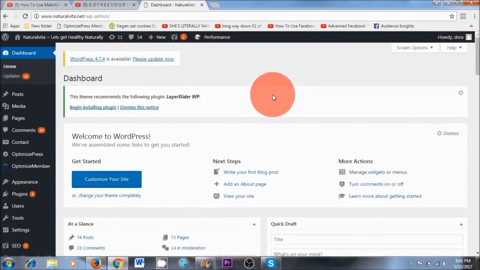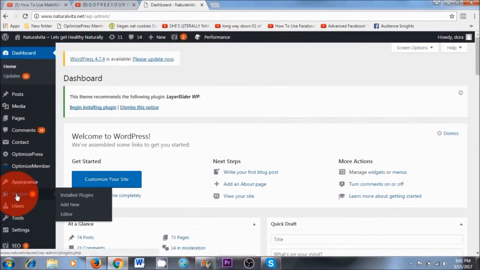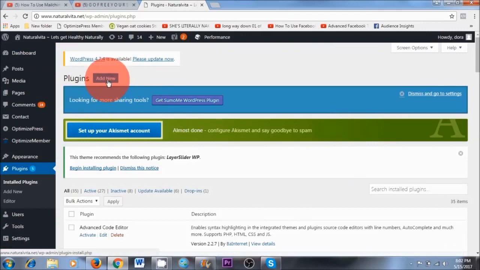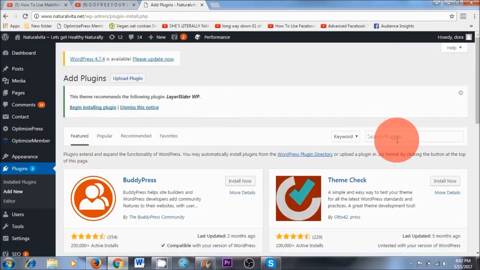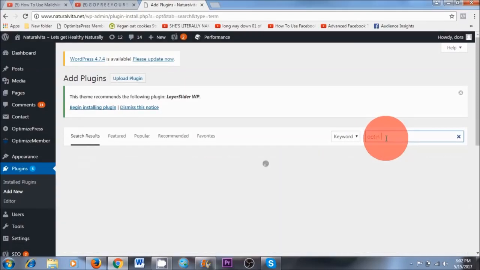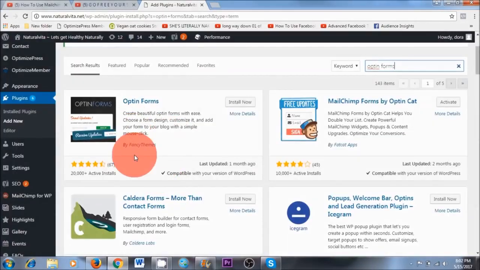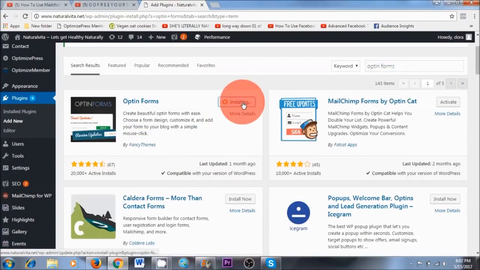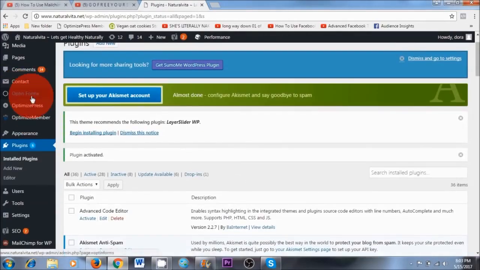Okay, so what you want to do is go to your WordPress dashboard and then click on Plugins. And then click on Add New. And in the Search Plugins area, you want to type opt-in form or opt-in forms. All right, so this is the one that we're looking for, the fancy themes. So you want to click on Install Now, and then click on Activate. And as you can see, it's here on the left-hand side bar. So if we click on opt-in forms,